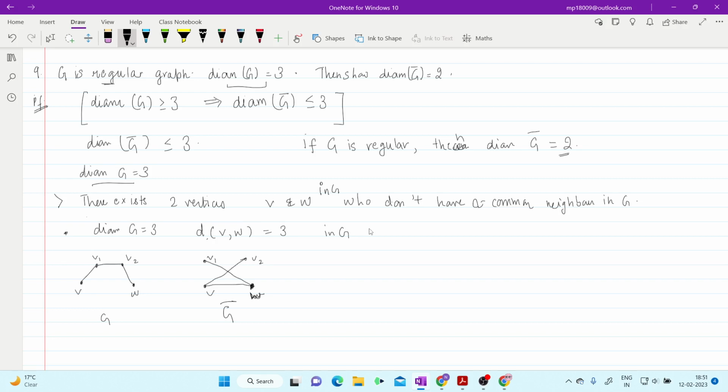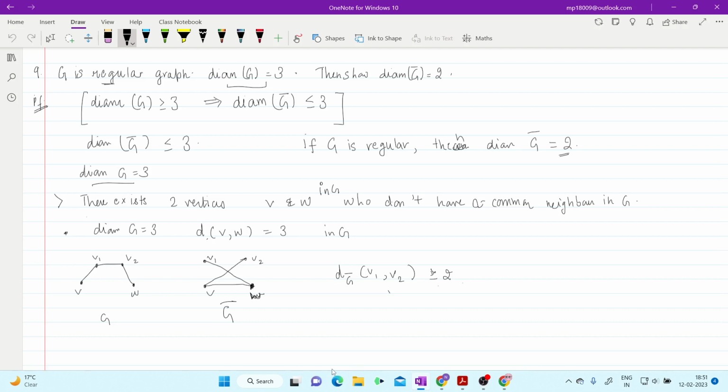Now in G bar, what is the shortest distance between V1 and V2? 3. According to this it is 3, but there can be other vertices also. So we can say that it will be greater than or equal to 2, because there is not an edge between V1 and V2,